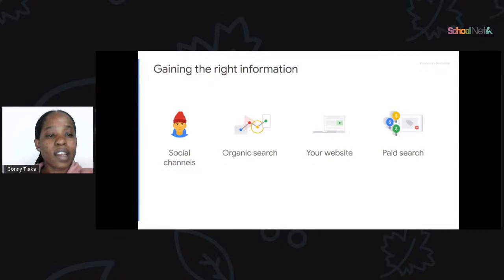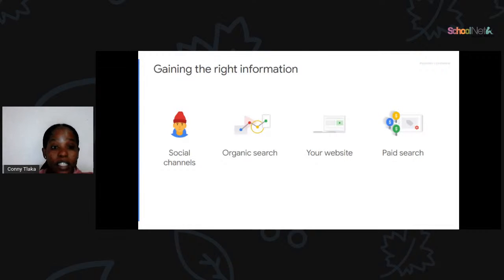And also, under organic search, you need to identify what customers are looking for, and align your business with their searches. And on your website, you need to identify which pages have the most viewers, and which cause users to disengage or bounce off.